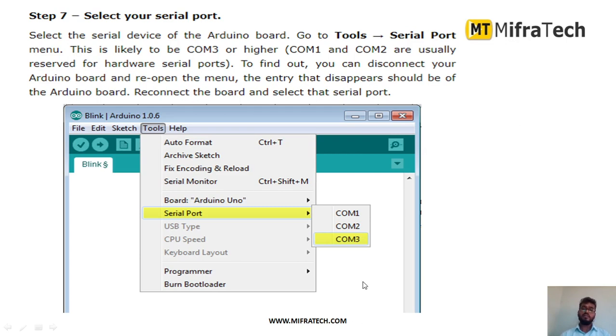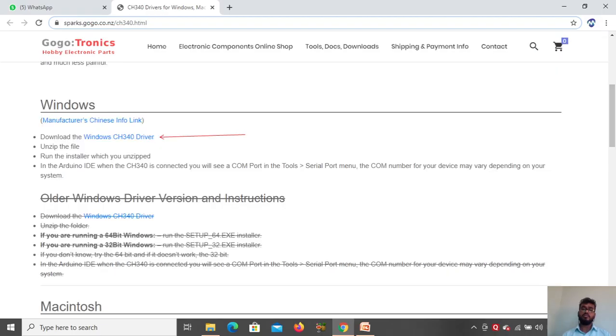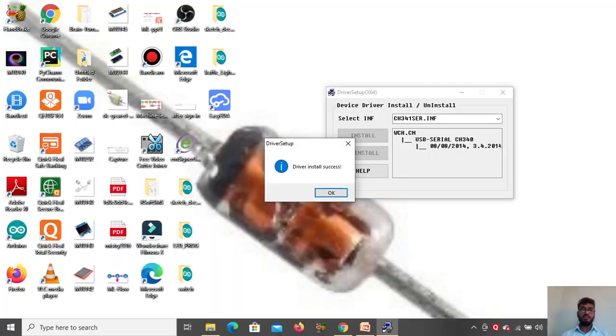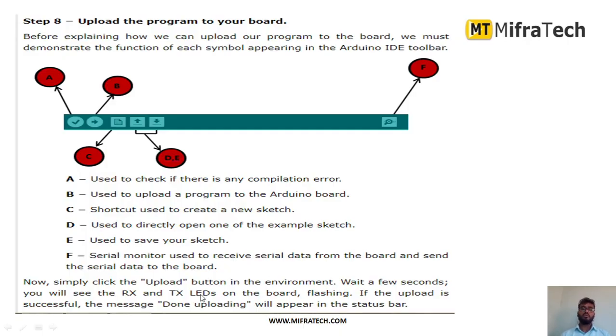If you click on this, at that time those COM ports will be available. After that, you can select the particular highlighted COM port and you can proceed with the further steps. So after that, in order to write the program and upload the program, there are different options available in the IDE. As you can see at the top of the window home page, these are the different options available.